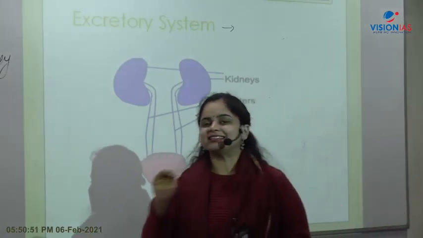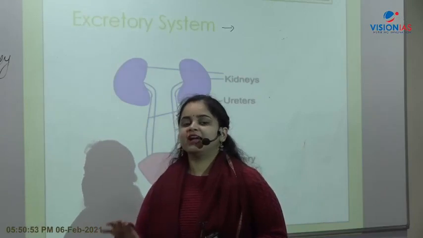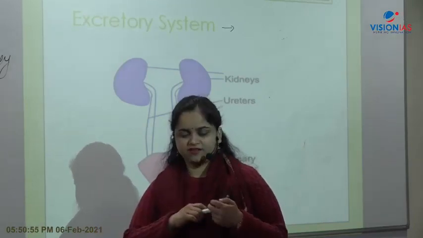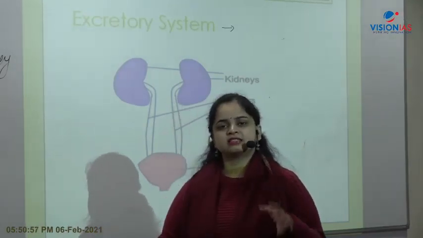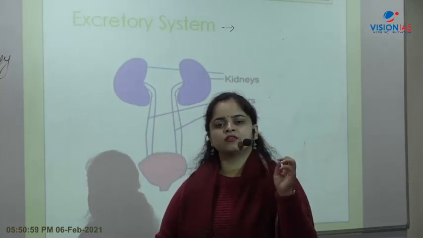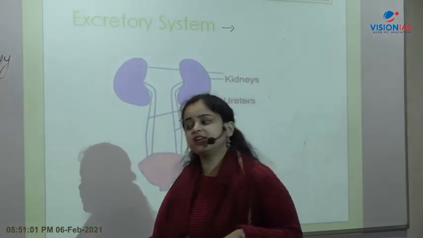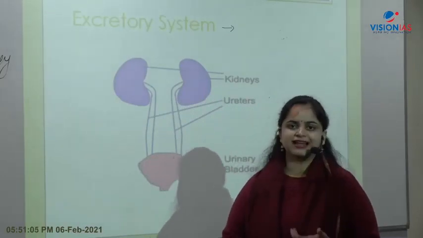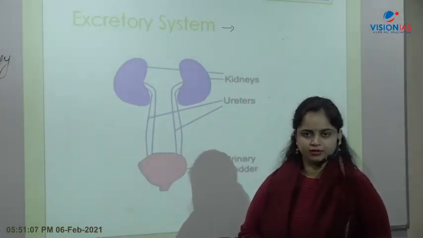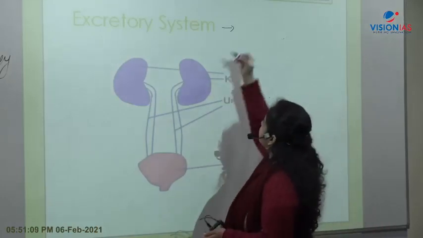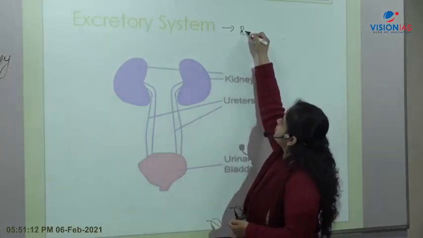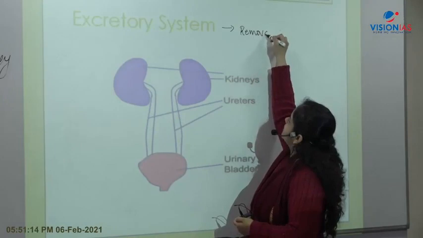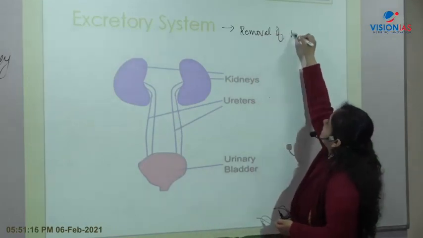After all that has happened, the final thing, whatever is left, is the task of waste removal. Everything which is still left and not needed by the body has to be removed from the body. So the excretory system, or excretion, involves removal of wastes,